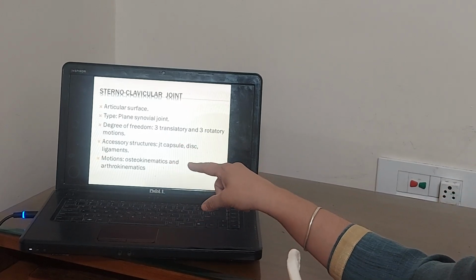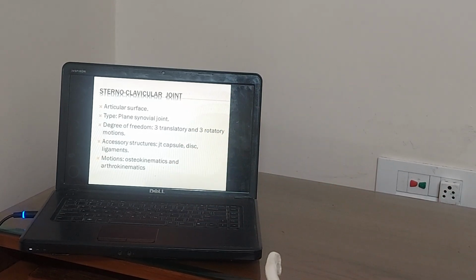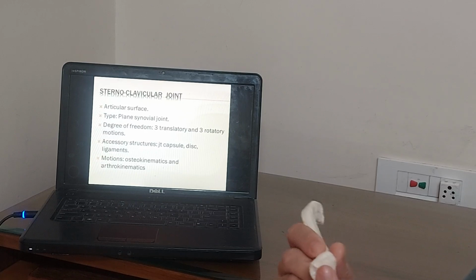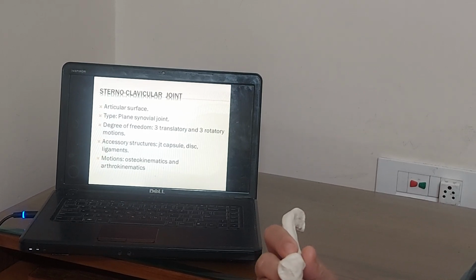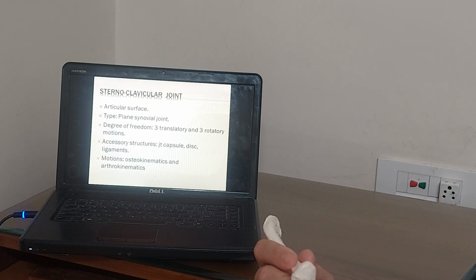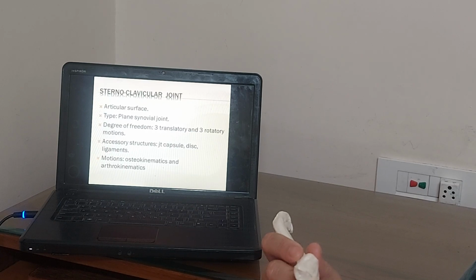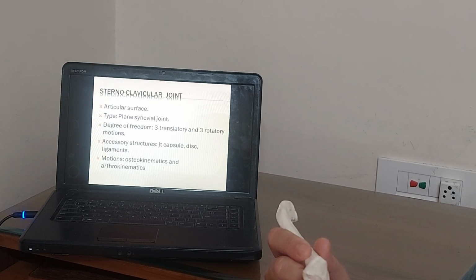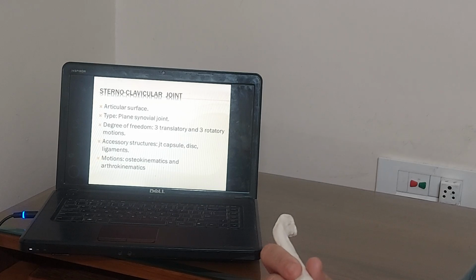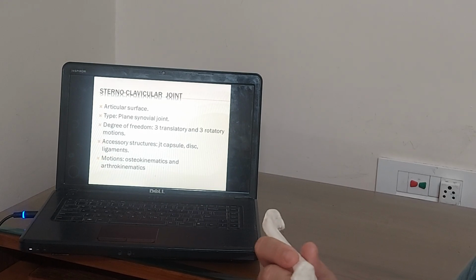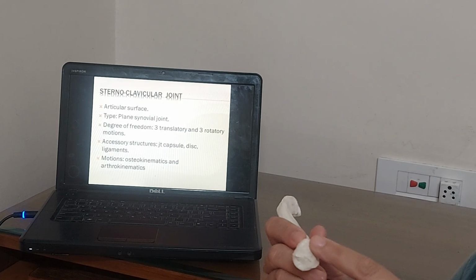Now we have got various accessory structures also. Since we come to know that this is a kind of an incongruent joint, to make it more stable, it will require accessory structures. The most important part of this accessory structure is the disc. It is a fibrocartilaginous structure which basically helps to increase the congruence of the joint. Now the disc is a fibrocartilage structure which is attached on the